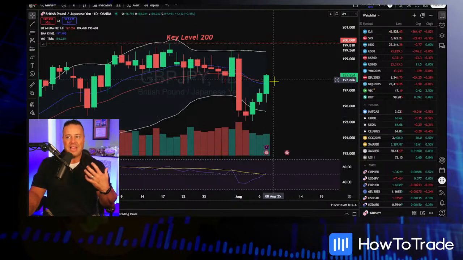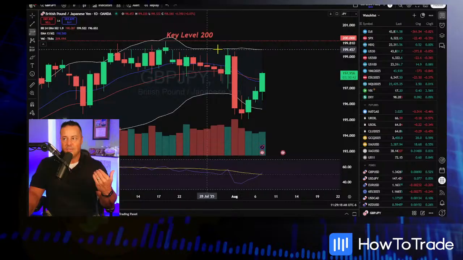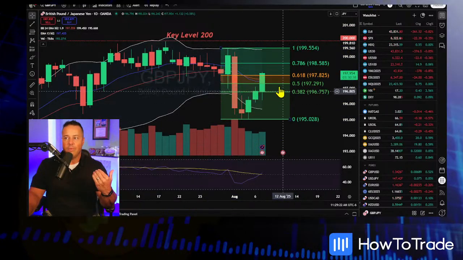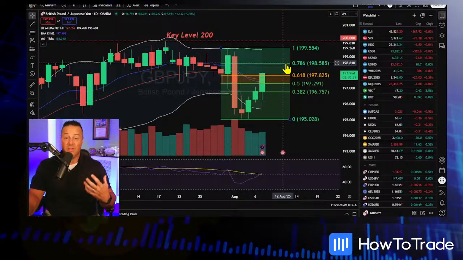Now, would I be a net seller or a buyer? With Fibonacci's, I could do something like this, and I could bring these, and I could give you a bunch of resistance levels that you could scalp on the way up. Right there, we broke above 62%, so the next stop's probably 198.58. So I would want to be on the long side of this right now.